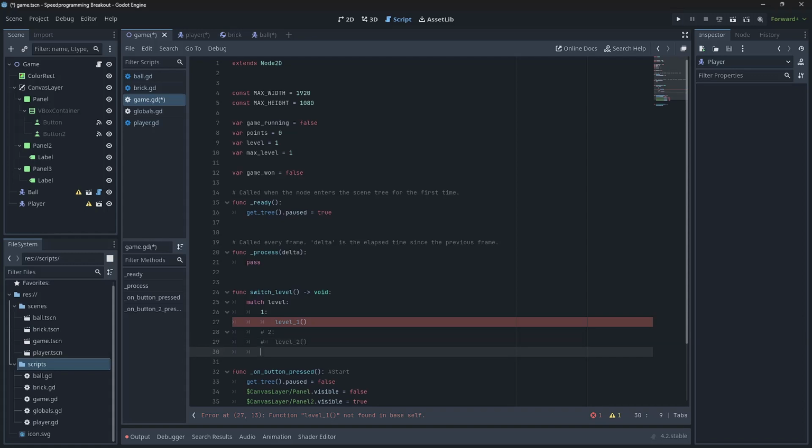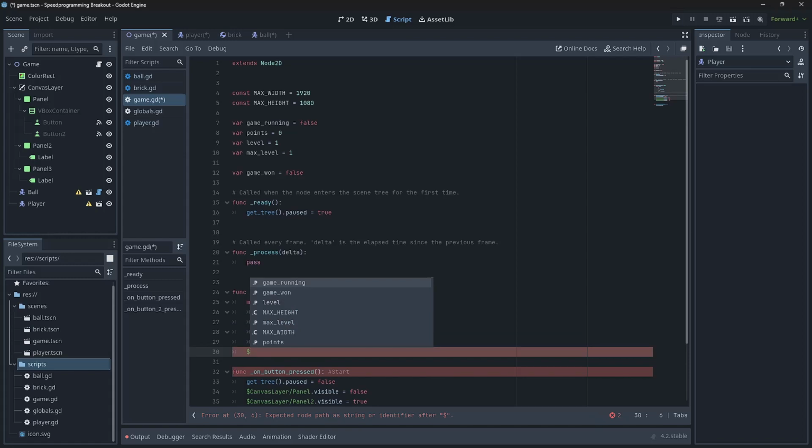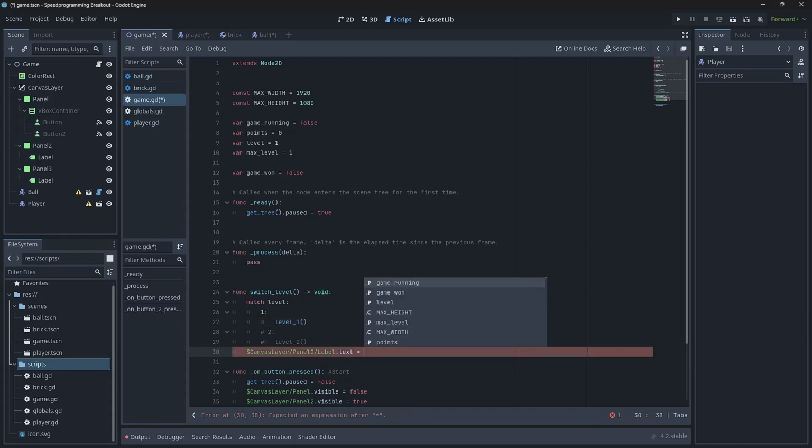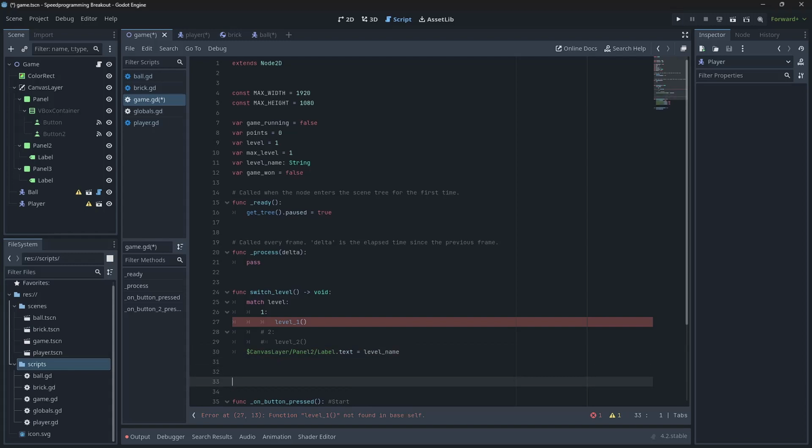And then after the match we can say panel 2 label text equals level name, and then we can go into the function level 1, level name level 1,